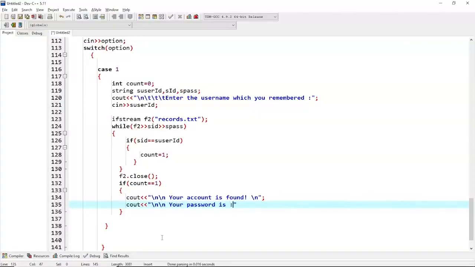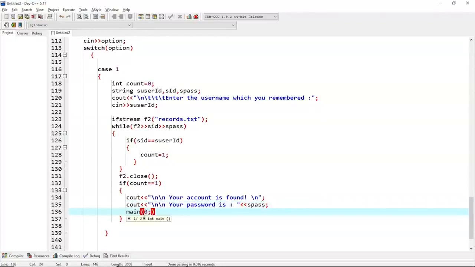Your password is spass. So it will display the password. Again the control will be shifted to the main, where there is the main menu,